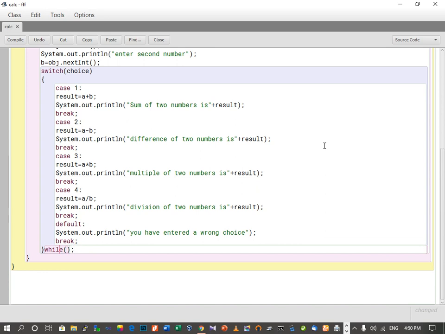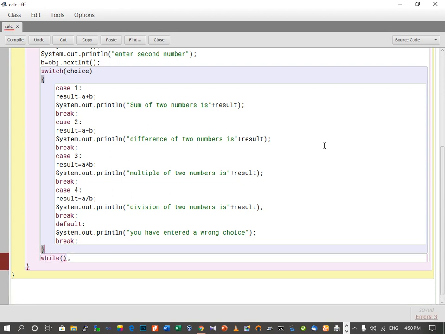For that we need to accept an answer from the user whether the user wants to continue or not. So here we write System.out.println, do you want to continue.